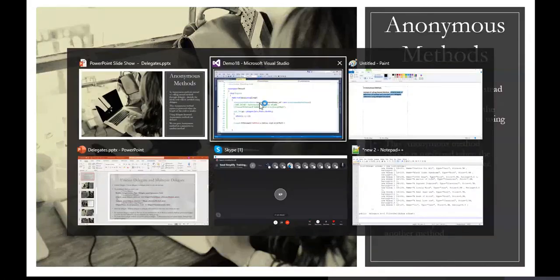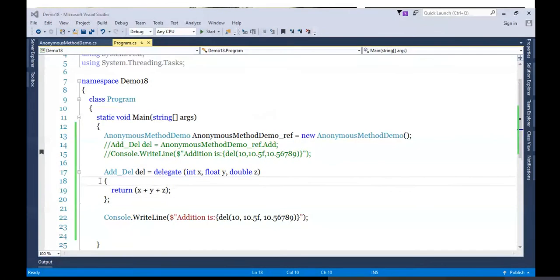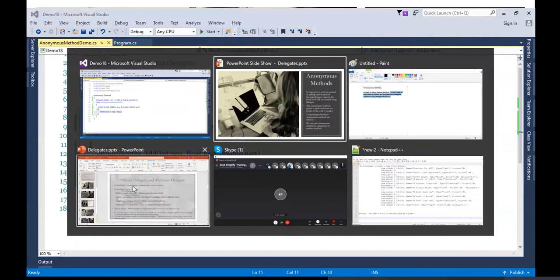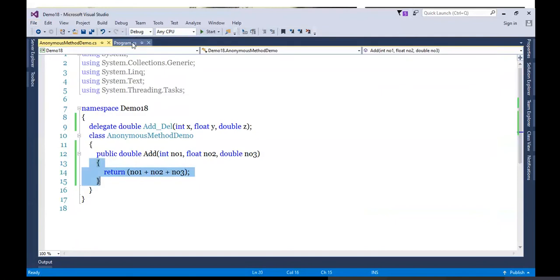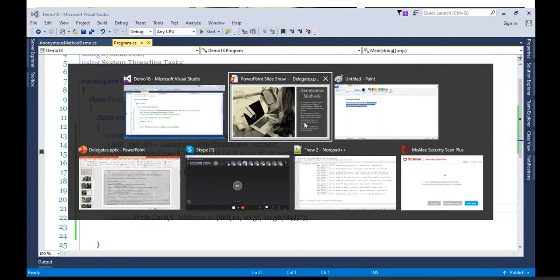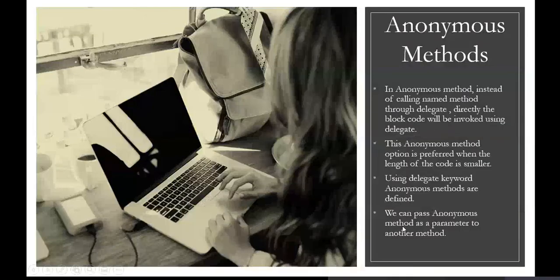So here we directly added the block of code, meaning the definition or the body gets attached directly, like I said already. This is the principle.